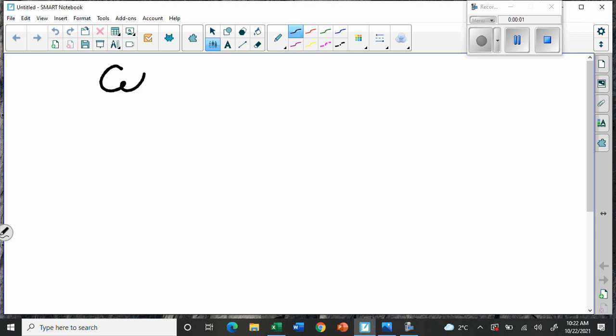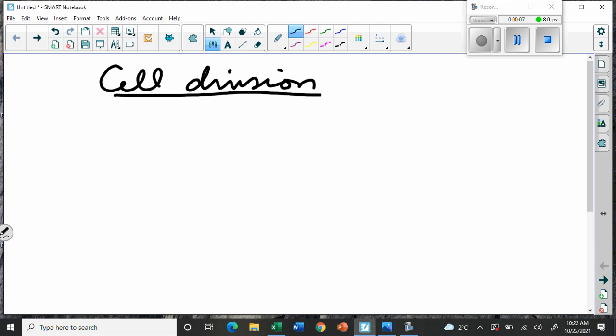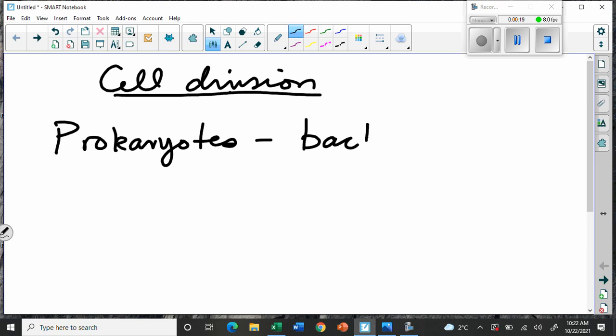All right, cell division. So we're going to look at the different ways that cells can divide. We'll start by talking about the prokaryotes, which, remember, are the cells that don't have a nucleus. They're essentially what we call bacteria cells, and they're a little bit simpler, so they have a simpler method for